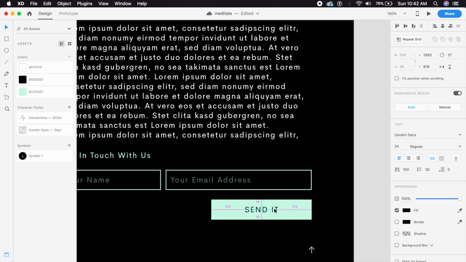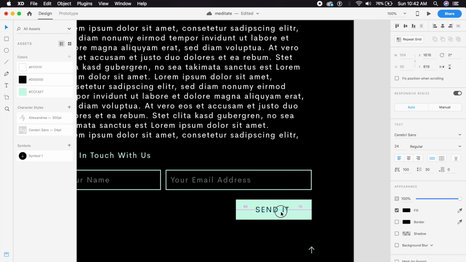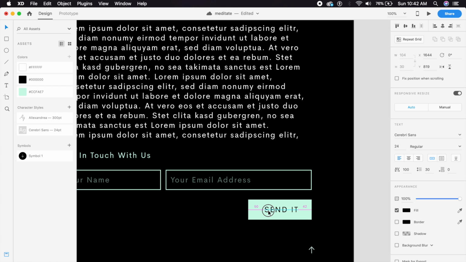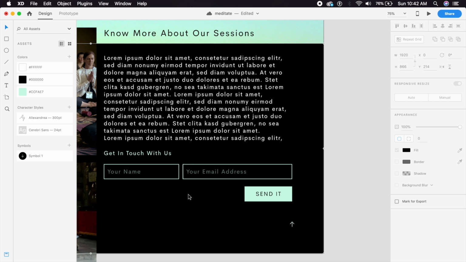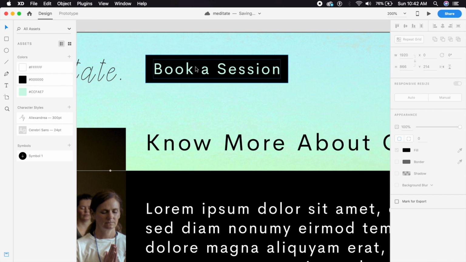Yeah, that's right about it. And make sure this box is also not that wide, so it kind of fits in the text more appropriately, and put send it in the middle. This is much better. Now again, here, since this book a session is also a button, what we want to